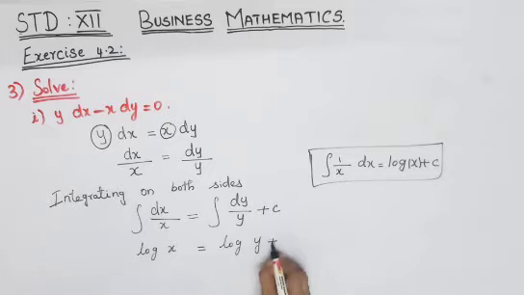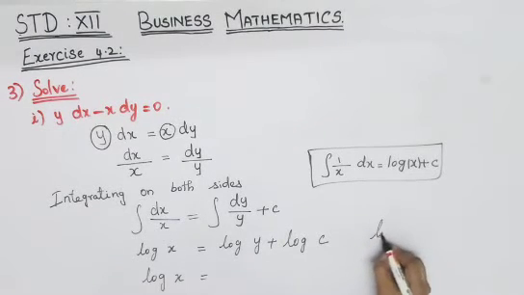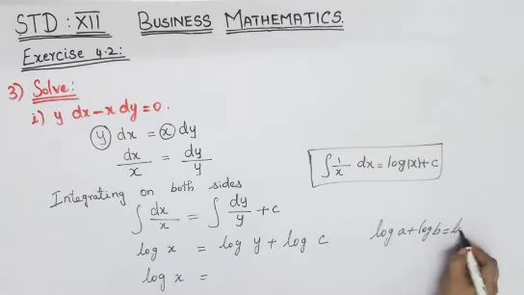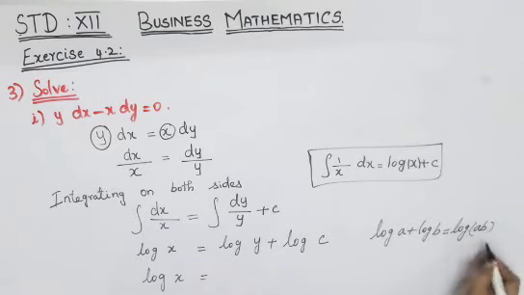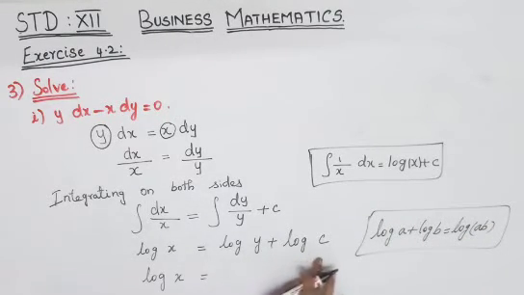Since you have got both log x and log y, you can replace your constant with log c, because you can take the constant c according to the value of your answers. So log x will be there as it is. Now the log formula is log a plus log b is equal to log ab. You should have studied this formula in smaller classes, and we will have to use it here. We have got log y plus log c, so log yc, which comes in multiplication.